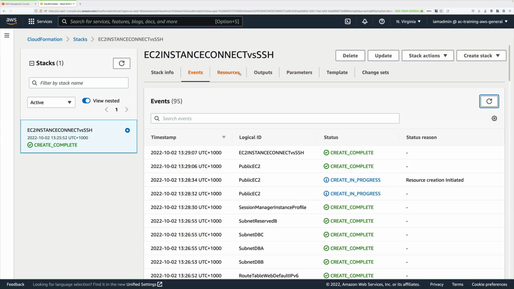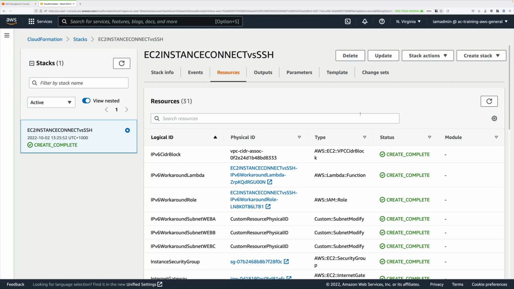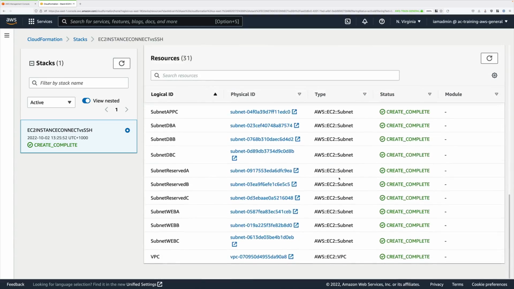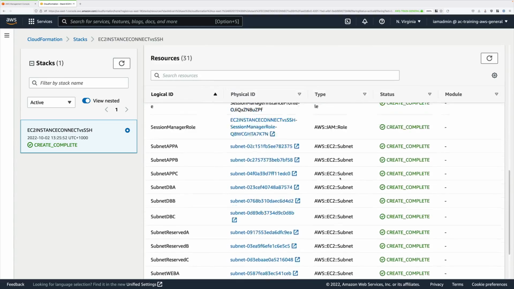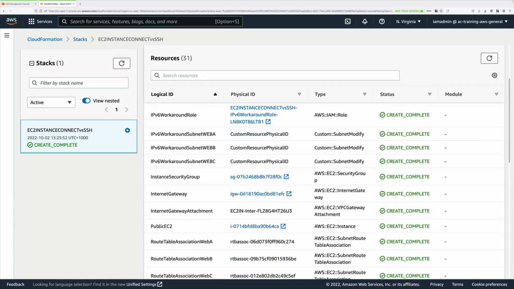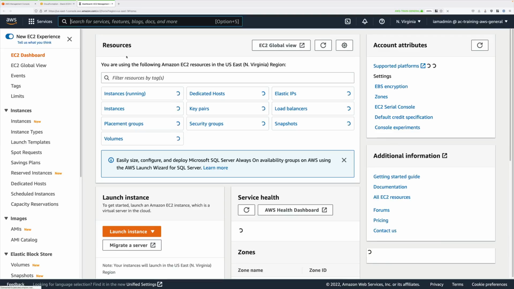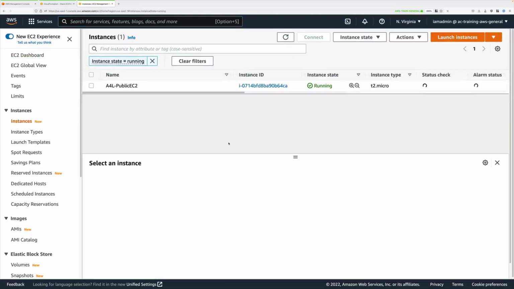Now if we click on the resources tab, you'll see that this has created the standard Animals for Life VPC, and then it's also created a public EC2 instance. So this is an EC2 instance with a public IP version 4 address that we can use to connect to. So that's what we're going to do. So click on Services and then select EC2 to move to the EC2 console. Once you're there, click on Instances Running and you should have a single EC2 instance,